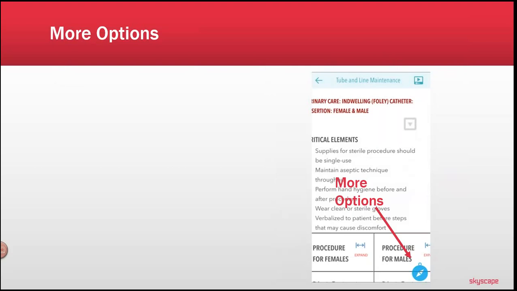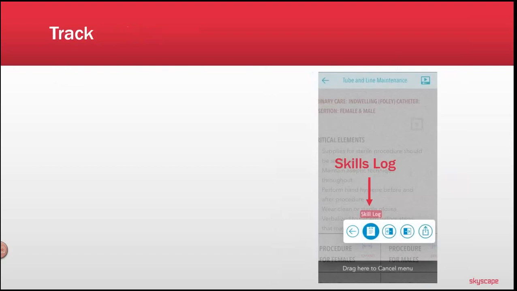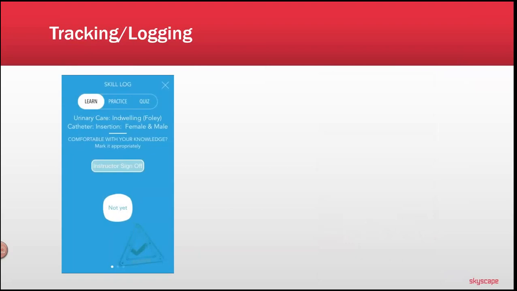Other icons within the program, the bottom right-hand corner gives you the option to look at more options, more than what we've done so far, besides just a recipe card of the skill performance. Within those options, we're creating a skill log. So students have the ability to be tracking and monitoring their skills. They're going to be looking at their skills practice, their skills within lab practice setting, and their ability to perform these skills in the clinical setting. So let's look at that tracking logging piece.